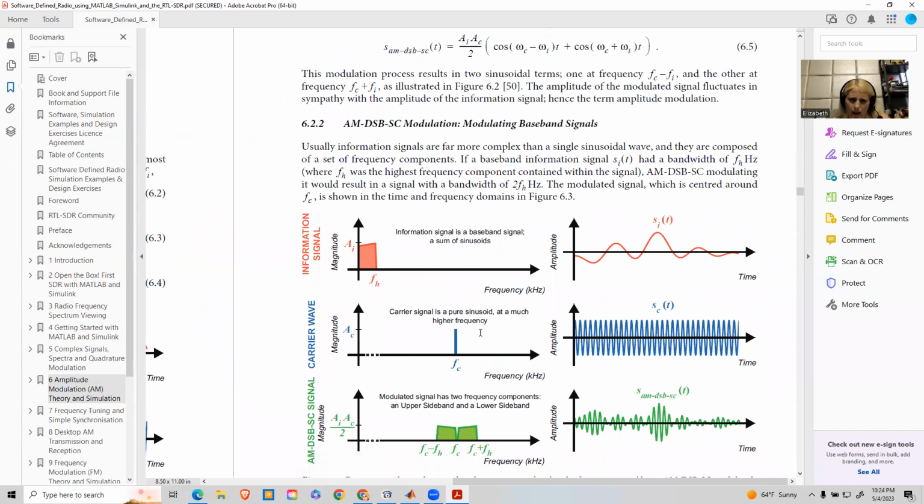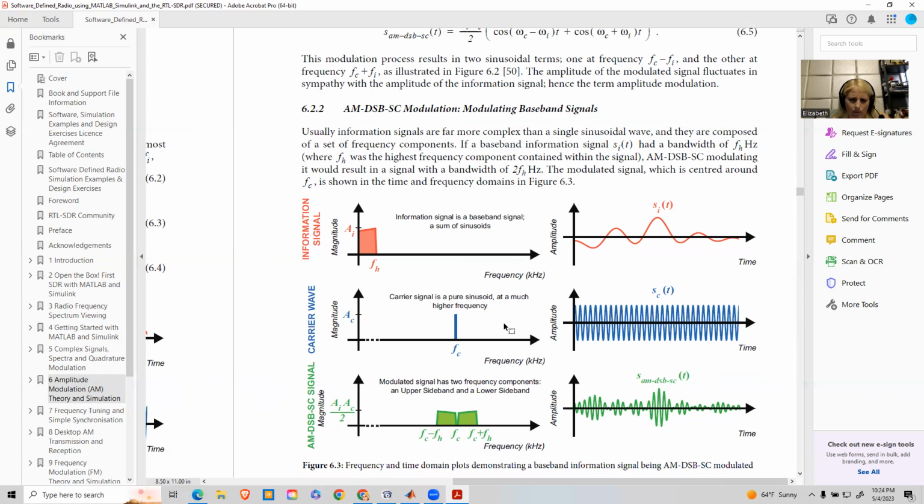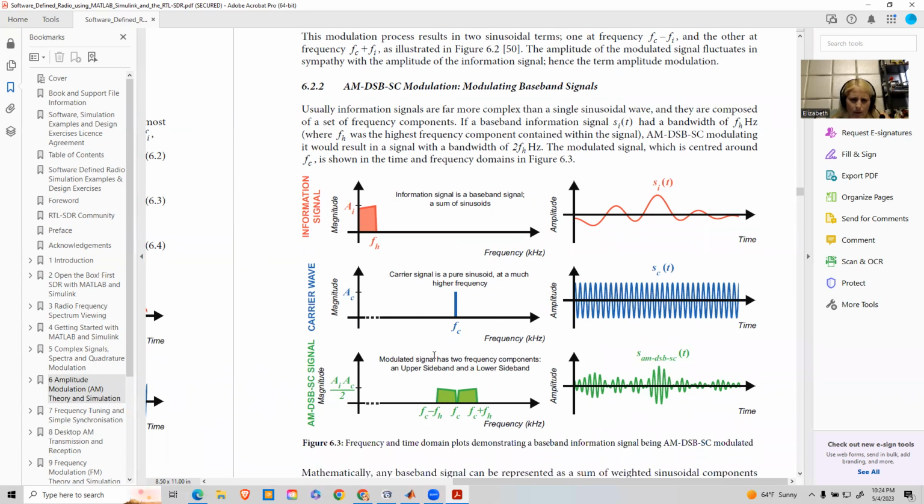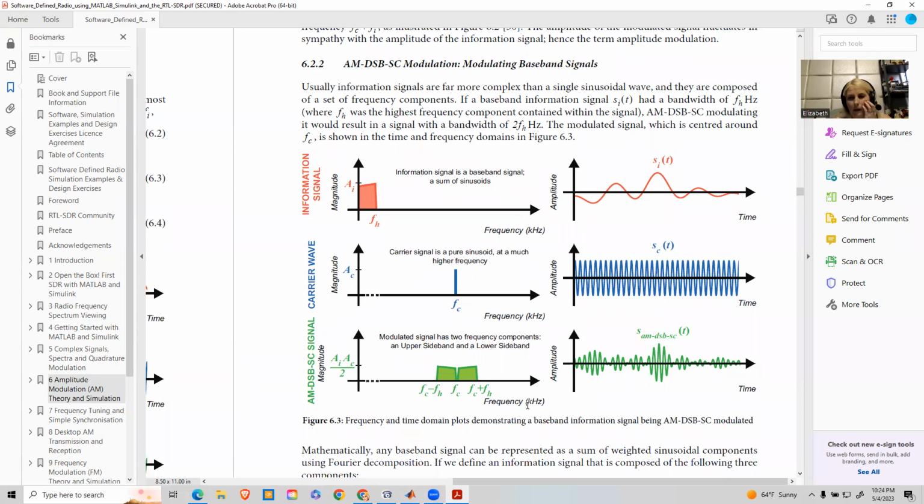And it says the carrier signal is the pure sine wave at a much higher frequency. And the modulated signal has 2 frequency components, an upper sideband and a lower sideband. Okay, so that would be like when I'm looking at something on there, it'd be this and this, like those would be, and this would be the carrier. So those would be the sine waves, but